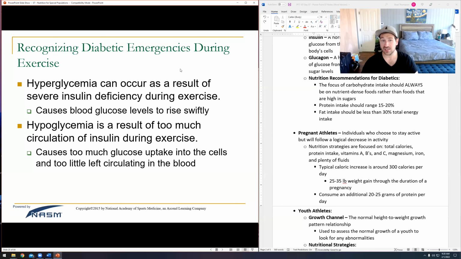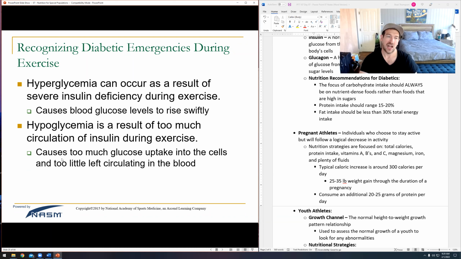So make sure you're recognizing any of the emergencies. If you notice that your client is hyperglycemic, where there's too much sugar in their blood, sometimes they'll get a little shaky. So watch for that. One of the things you can do is honestly go do some more intense versions of exercise, and that can level things out, but they're also not going to feel very good. So you might actually just have to have them sit and wait through it.